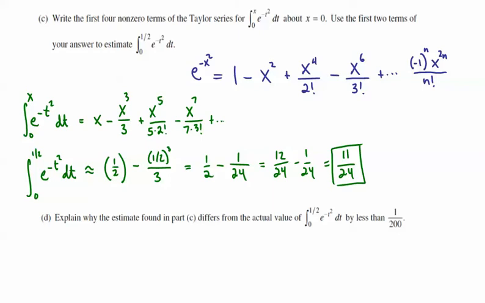In Part D, we're asked to explain why the estimate found in Part C differs from the actual value of the integral from 0 to 1/2 of e to the negative t squared dt by less than 1 over 200. And we can see that our series for the integral is an alternating series. So we should write, we're trying to explain why, and so